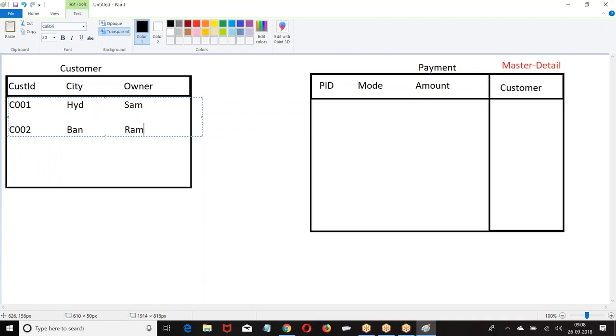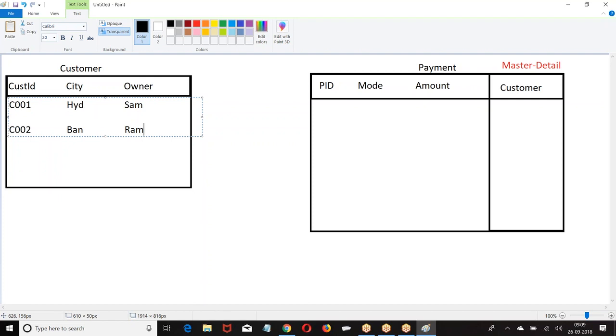So what is the conclusion? A master detail field can be created only on a custom object which does not have any data in the object. I hope you are clear.